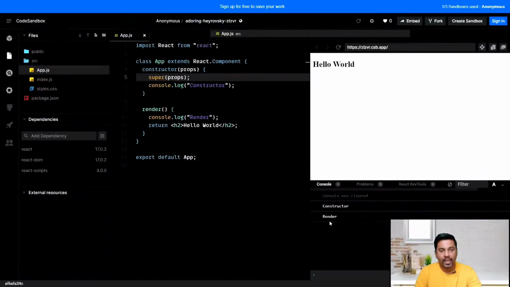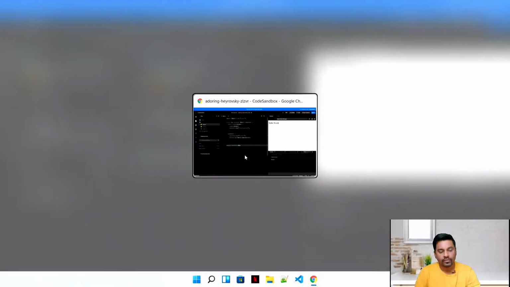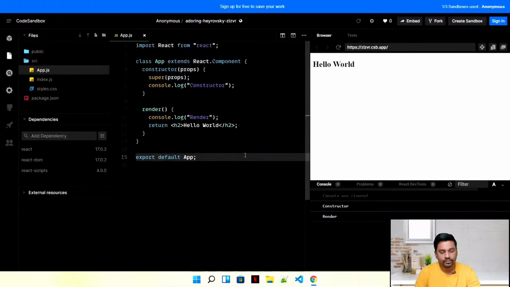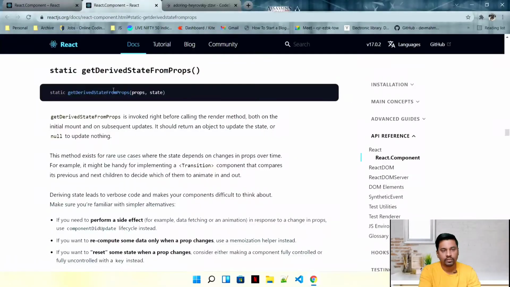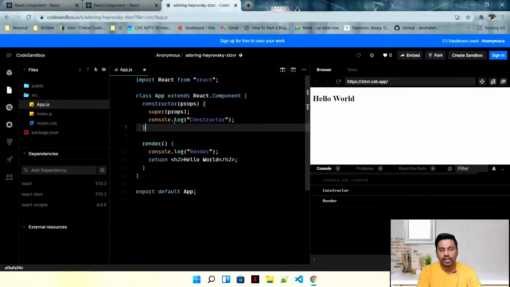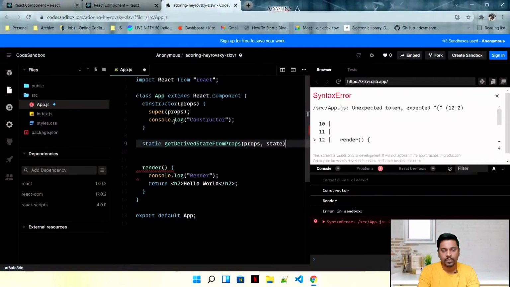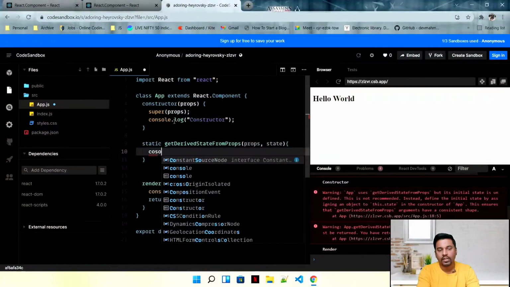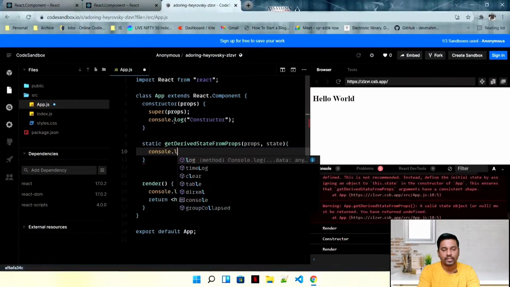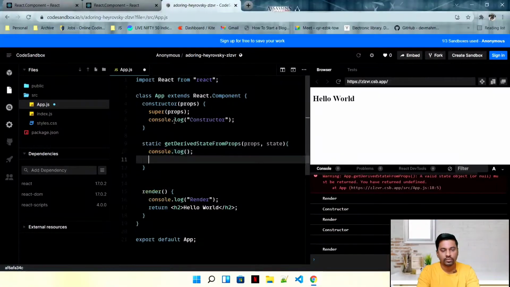So now coming back to our original page, let me go here, copy this, and paste it, and simply add a console.log.